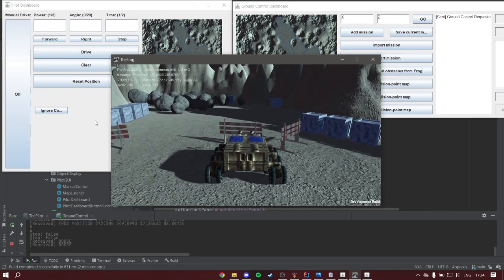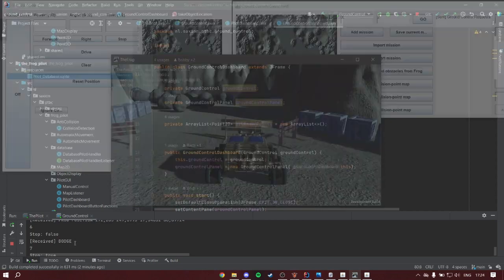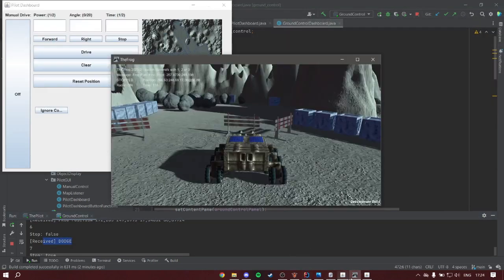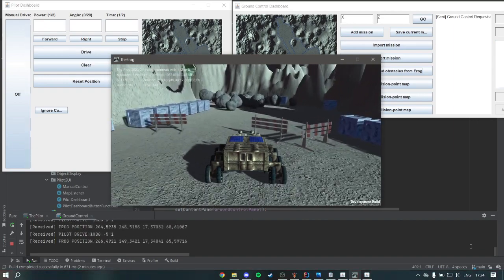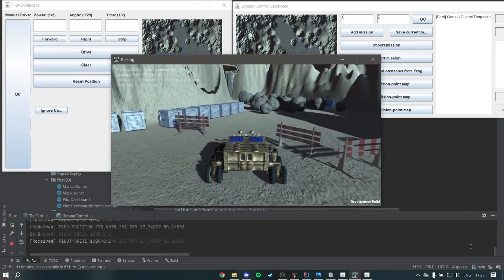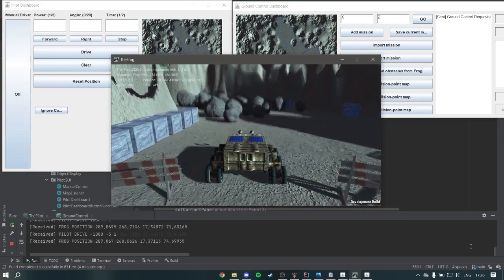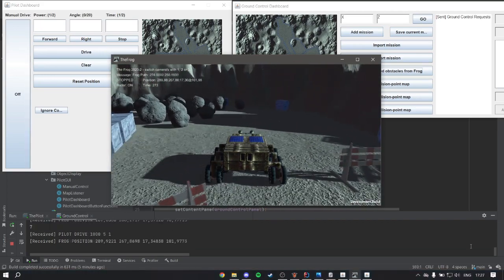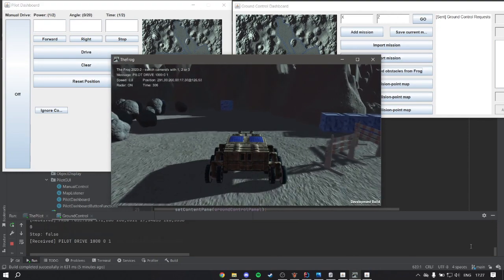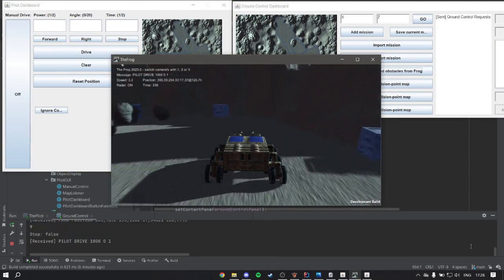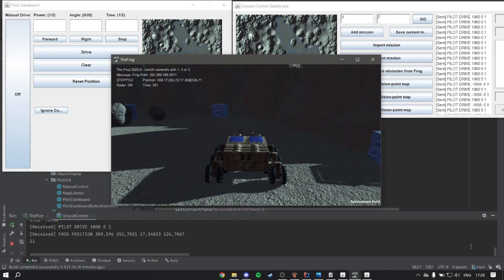So now it said dodge, which means that it detected an obstacle here. Oops, sorry. And now it's going to try to avoid that obstacle. Let's see. Okay, so after a long time, but a very precise and good driving, may I add, the frog has reached